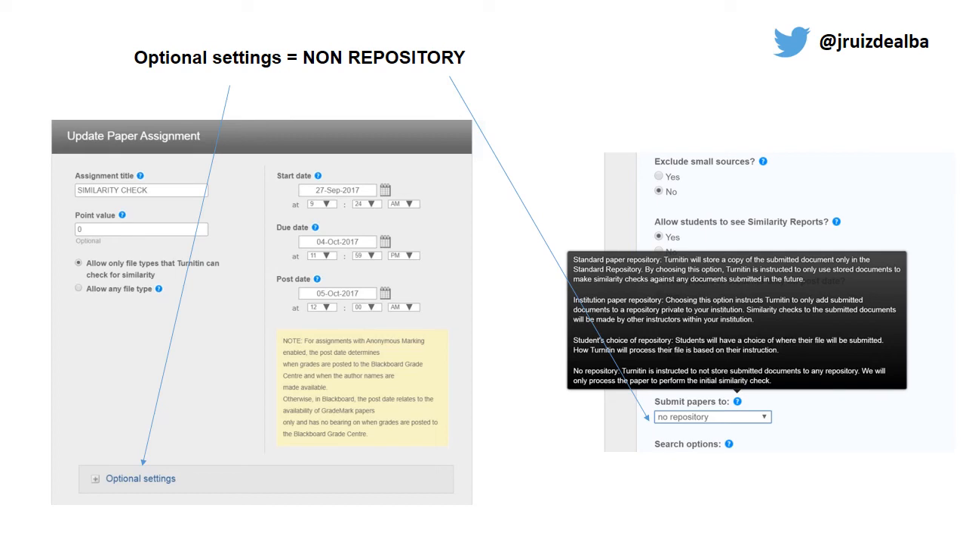Why did this happen? Well, the only reason was because this option of Submit Papers To, instead of being set with no repository, was set with repository. There are other options. And then the journal found a high similarity with the previous version of their own authors that were just testing the paper. So it's a shame that it happened, because